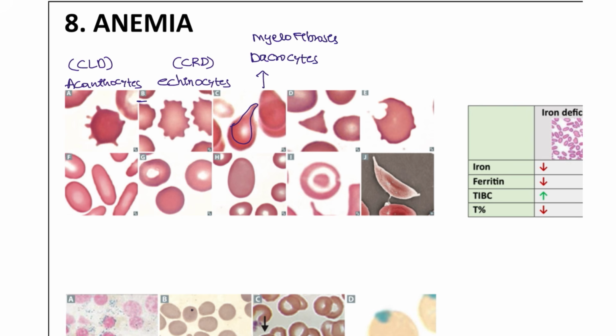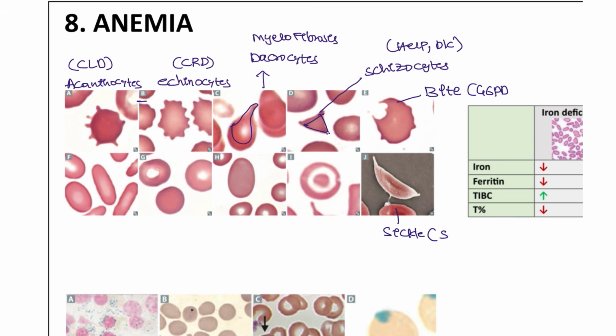Myelofibrosis condition. And another one is schizocytes. These are known as schizocytes. Schizocytes are seen in HELLP syndrome and also DIC patients. This is also seen, these are the schizocytes. Next, this one you can easily identify, right? These are the bite cells seen in G6PD, and these are the